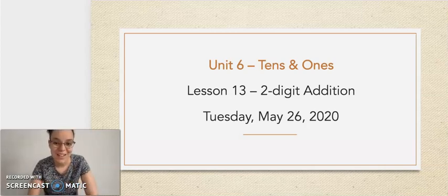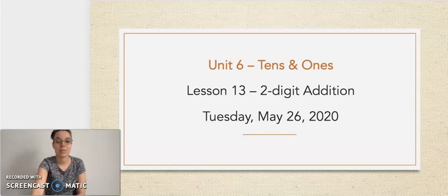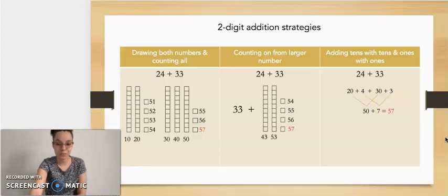All right? Cool. Today we're going to do double-digit addition. Remember, there's lots of different strategies to use to solve double-digit addition. Here are 3 different strategies, okay? So the first one, every single one of you knows how to do. It's when you draw both the numbers using tens and ones, and then you count them all with the tens first. So if I had to solve 24 plus 33,